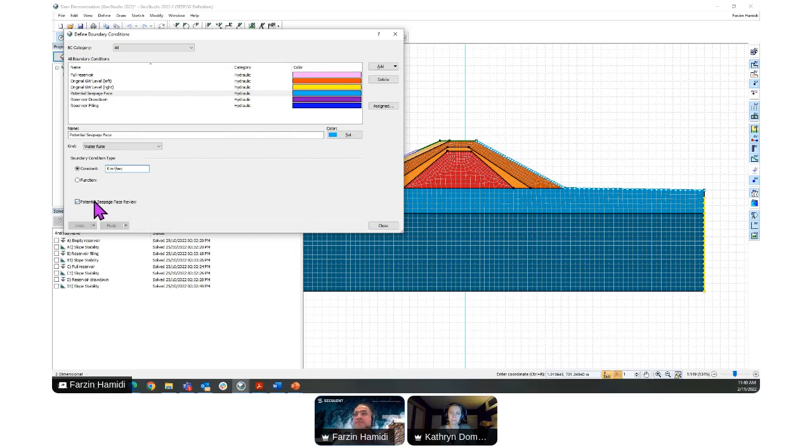And once the pore pressure is released behind this, it will automatically change it back to 0. So in this boundary condition, which is the seepage analysis, we won't see any pressure built up behind the dam, on the downstream side. That's what I want to highlight here. I hope it answers your question.